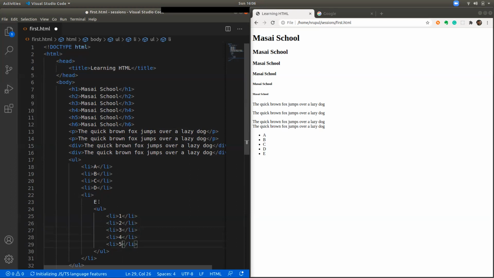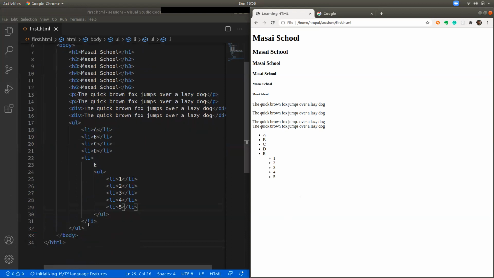And the nesting is there till the HTML, the main root element. Now I'm keeping all elements one inside the other. This is called nesting. You can see they appear a bit offset because this UL is inside of an li. So the browser knows that it is a list inside a list, and it shows in a different fashion. So that's how you can use ULs.